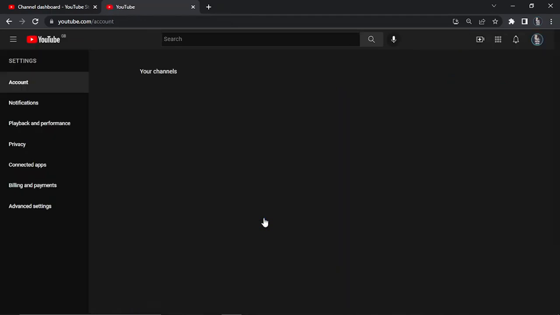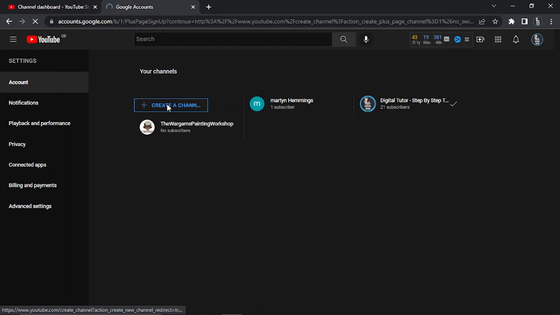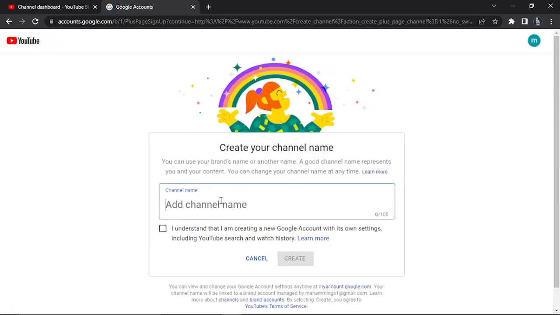It's going to bring up another page that's going to look like this, and this way you can actually come to create multiple channels under that email address. As you can see, there's a button up here which says create a channel. So what you want to do is give that a click, and you would just go through and set up